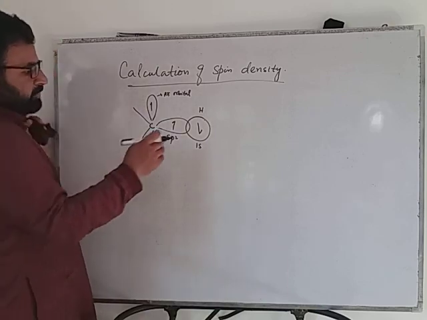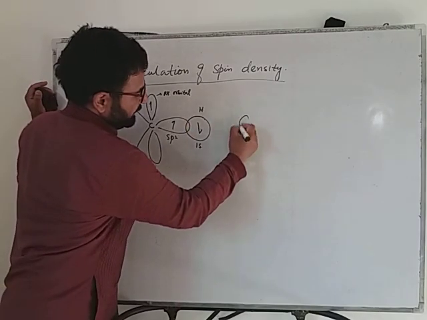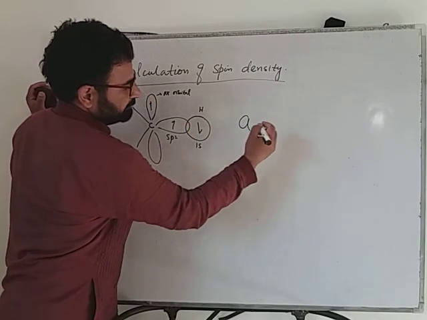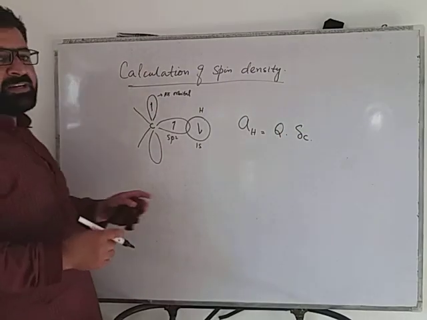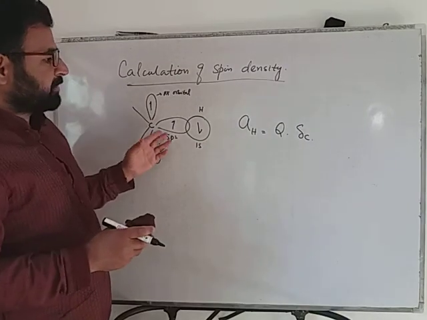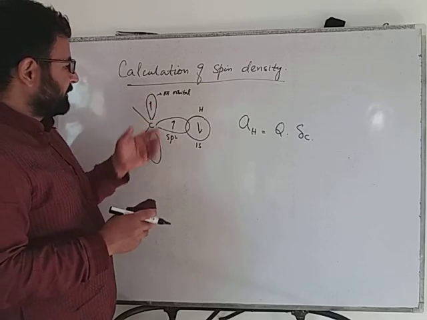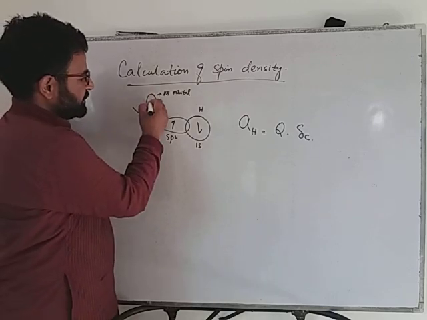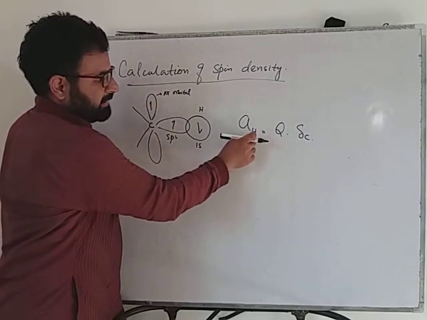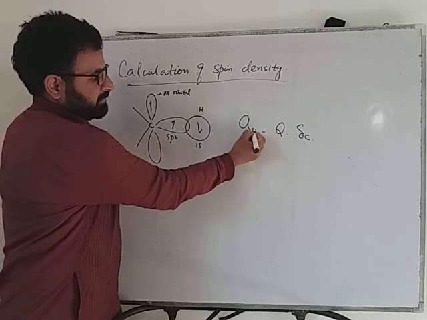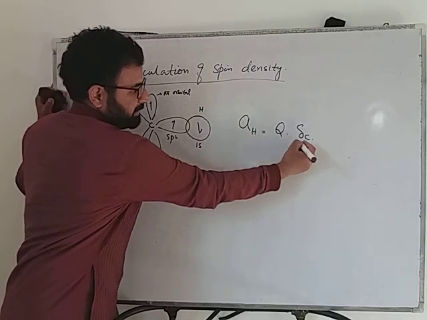Okay, fine. So this is a stable system. In this very system, how we will calculate: AH will be equal to Q ΔC, where ΔC is the electron spin density over the carbon p orbital. Okay, the electron spin density over this p pi orbital of the carbon. It directly provides this hyperfine coupling constant due to the delocalization of spin density on the hydrogen nucleus, which is directly proportional to this ΔC.